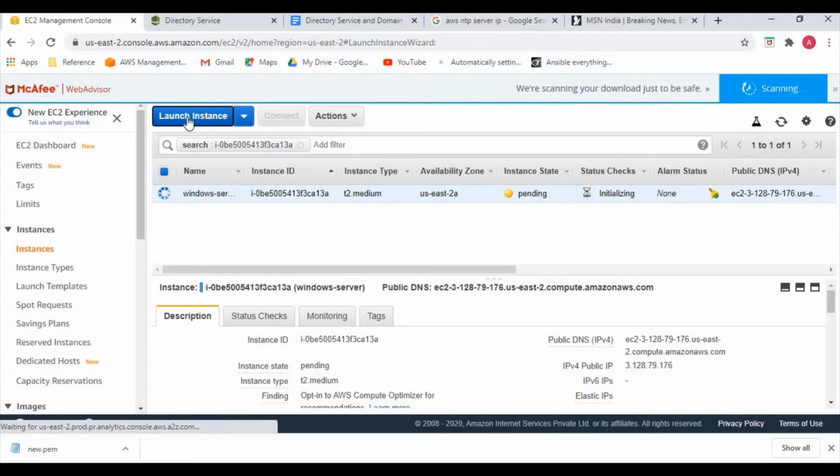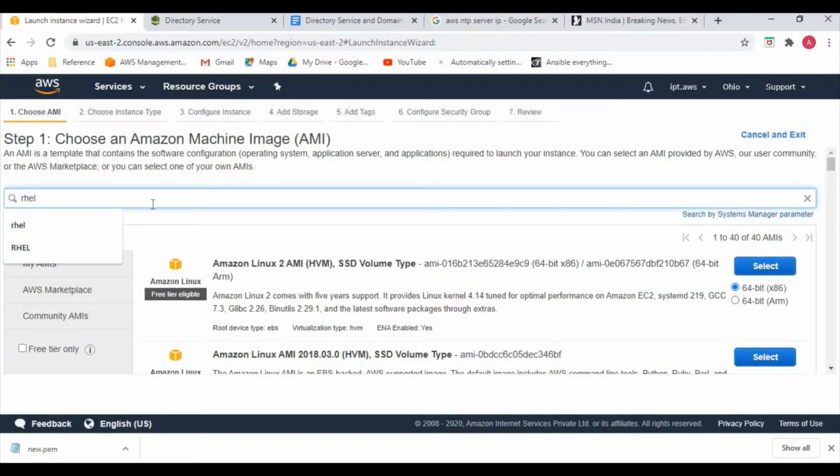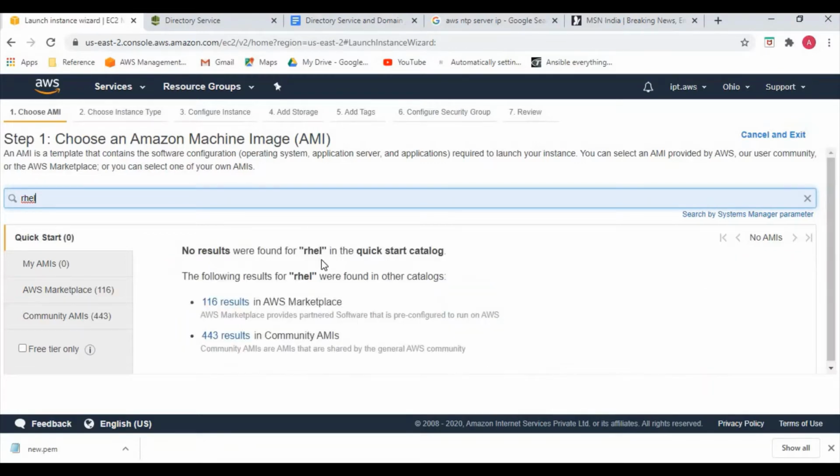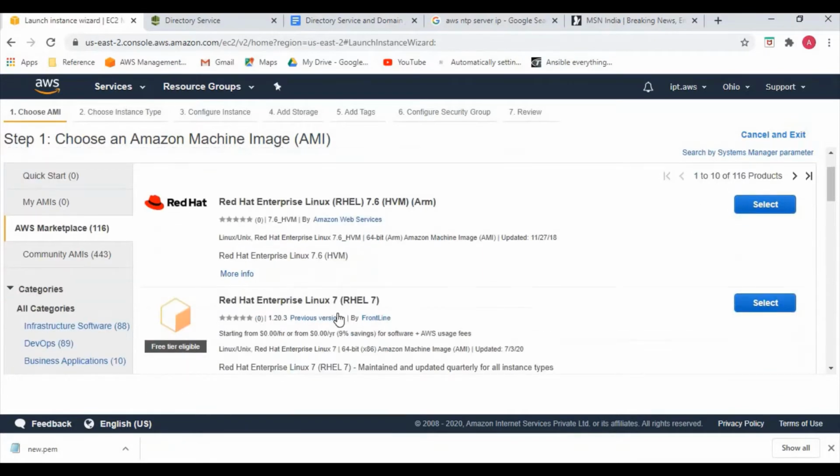Linux server now. So we are going to use our RHEL server. So we're going to use RHEL 7.6 here. We can use community AMIs as well.